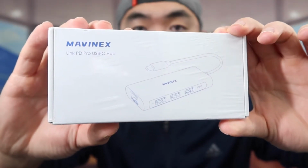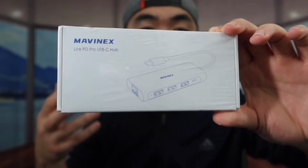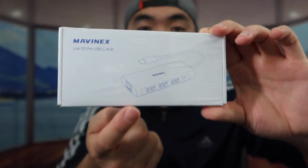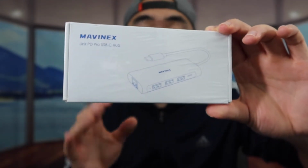So for today's episode, this cool image right here, and basically what this is a USB-C adapter. You can see this is basically what the packaging looks like, and it's from this brand right here. So they mentioned how this USB-C hub or USB-C adapter has 9-in-1. So basically it has 9 different options on here. So I'm actually going to open this up first to show you guys what the product looks like and